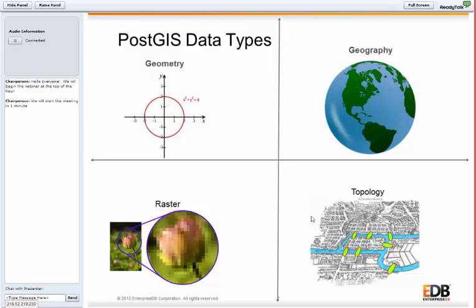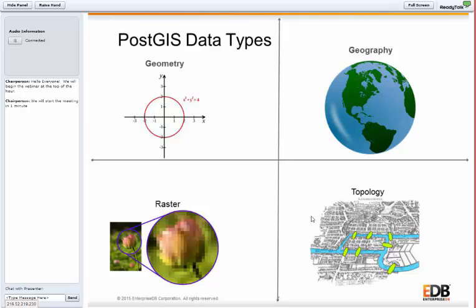If you're traveling around the city, you have to find trains that connect you from your source location to your destination. You have a train route, and that's stored as a linestring. But you also need station information, maybe a point, and metadata about where to change trains. Parcels is another commonly used example of the topology type.